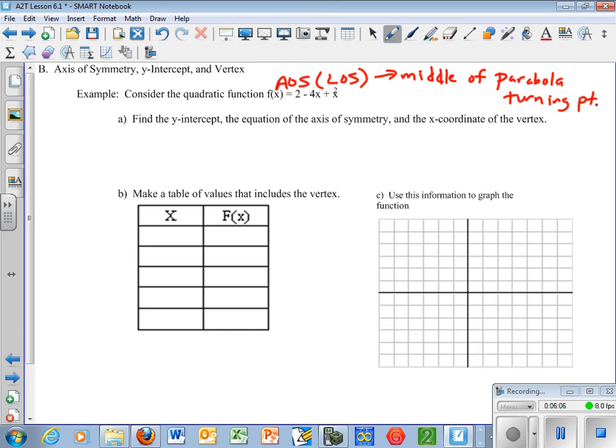Well, actually, the vertex is the turning point. Okay. The vertex is always on the axis of symmetry or the line of symmetry. Okay. So